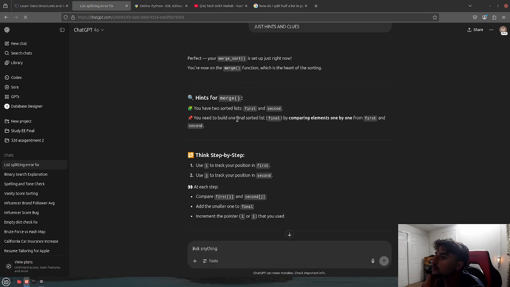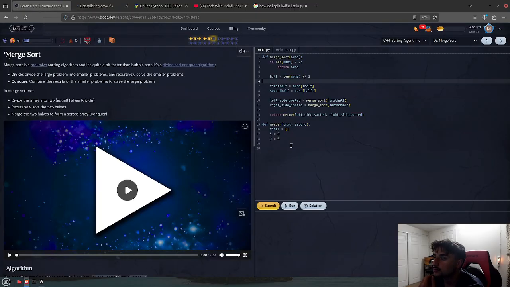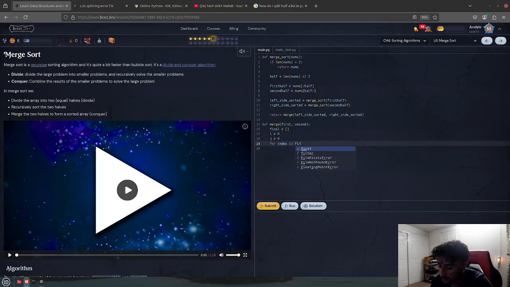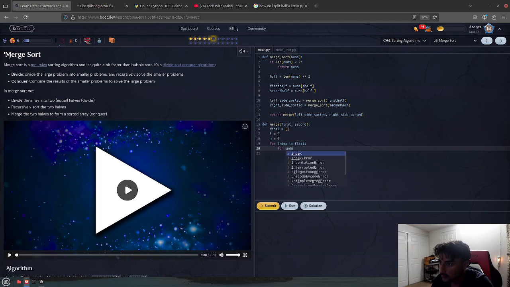For merge, you have two sorted lists, first and second. You need to build one final sorted list from it by comparing elements one by one from first and second, a single step at a time. Use i to track your position in first, and j to track your position in second. So for index in first, for index in second,